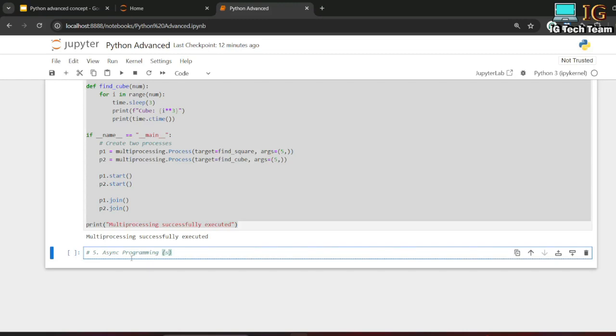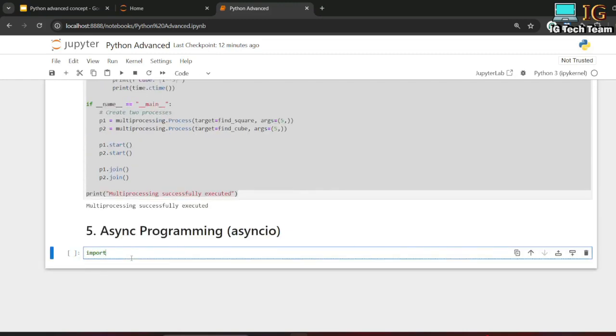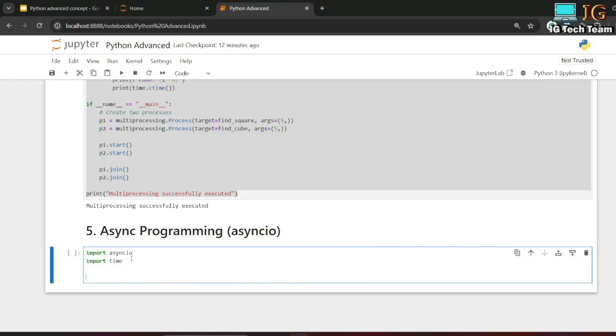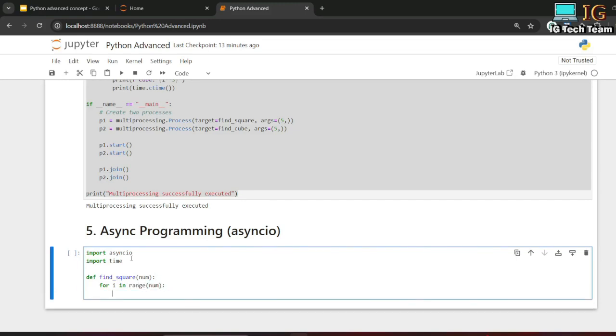Async programming will be using this module. So I can write import asyncio, import time, and I can create the same function find square. It will take a number. I can write for i in range number. Now I can't write time dot sleep because time will block my call, so I have to write asyncio dot sleep,